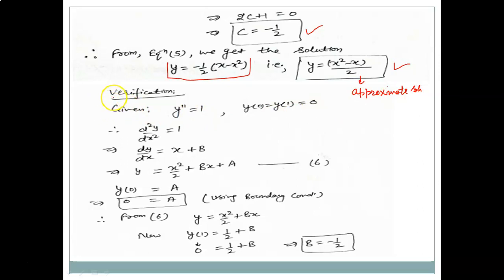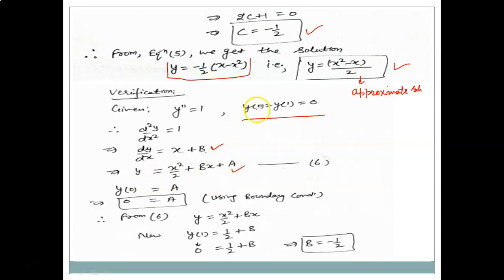Now we want to verify: if this is the approximate solution, can we find the exact solution of this differential equation? Yes, we can find the exact solution of this differential equation, and that is quite simple in this particular problem. You see, y double dash is 1, this is given, and these are the boundary conditions. Y double dash means second derivative equal to 1. You integrate on both sides with respect to x, and we get this equation. b is an arbitrary constant. Again integrate, you get this thing. Again, a is a constant here.